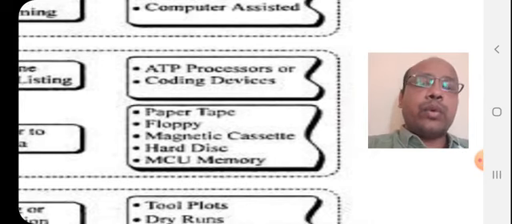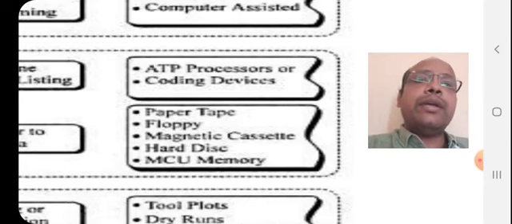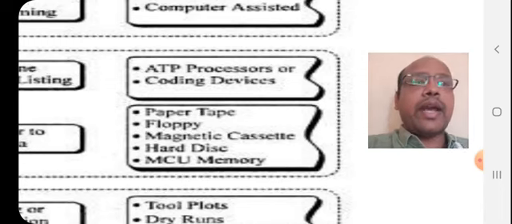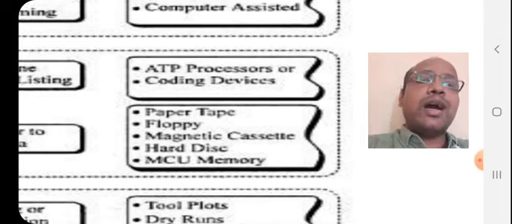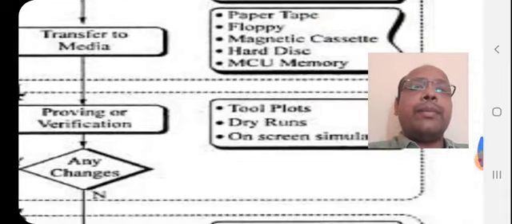Whichever program we have written may be written on paper tape, saved in a floppy, mounted on magnetic cassettes, saved in a hard disk, or saved in MCU memory. So there are almost 5 devices available to prepare a tape and save the program: a paper tape, floppy, magnetic cassettes, hard disk and MCU memory.